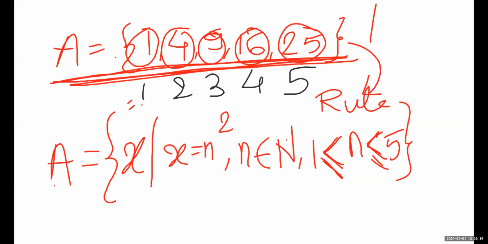Just first, as we know that every set has an element, and that element we are considering as an x. So 1 is an x, 4 is an x, 9 is an x, 16 is an x, 25 is also an x. So just write down in the rule method, A is a set of x. So everywhere it is x, x, x and x. तो ये x बना कैसे?